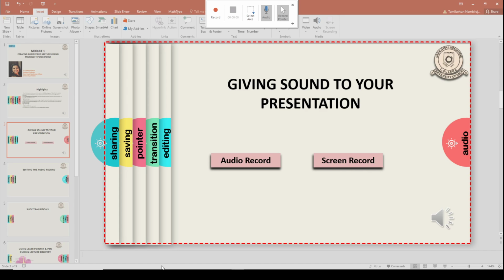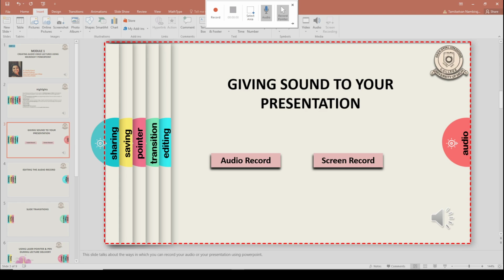For example, let me type, this slide talks about the ways in which you can record your audio or your presentation using PowerPoint. Right?